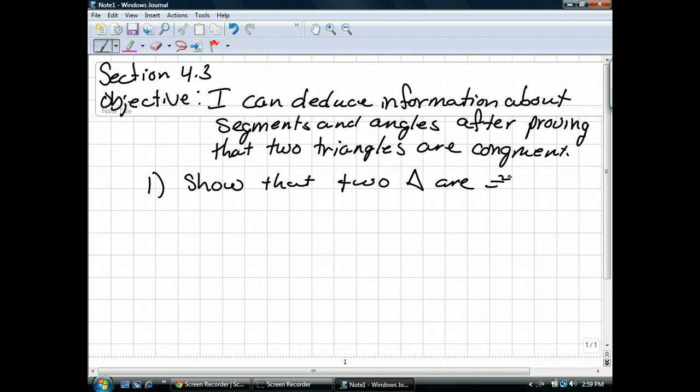Then, once we show that they are congruent, we want to show that particular parts of those triangles are congruent. So, for instance, one side is congruent to another side of a triangle, or one angle is congruent to another angle. And the way that we do that is by using the reason that corresponding